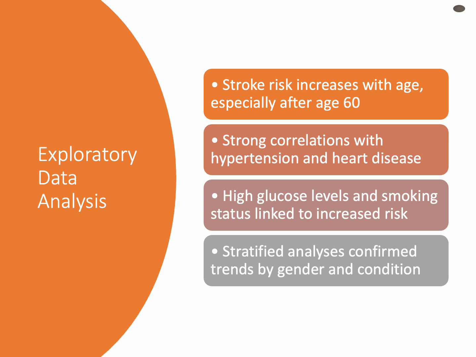Exploratory data analysis revealed critical trends. A bar chart of stroke prevalence across age groups showed a sharp rise in stroke incidence in patients over 60, consistent with clinical data. Correlation heat maps demonstrated strong links between hypertension, heart disease, and stroke. Furthermore, stratified analysis indicated that men who smoked were disproportionately affected.